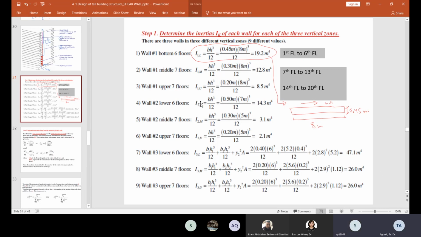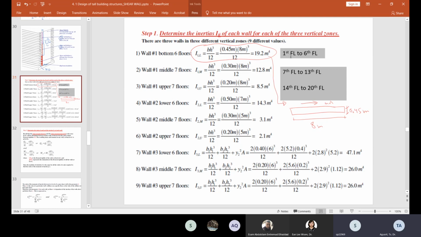Yes, doctor. Okay, so that is level 14. But if I ask you to design for level 7, to know the bending moment and the shear force at level 7, then the below K refers to the bottom 6th floor, and the above refers to the middle floor. The floor is inside level 7 to 13. Okay, is it clear?